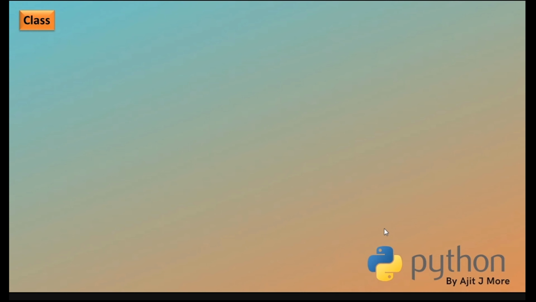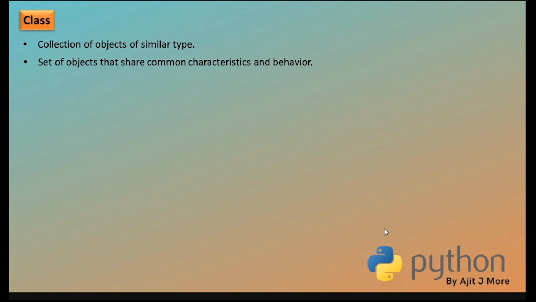Analogy if you do, so class is a data type, and variables of that data type are objects. Okay. So quickly we'll see this. So collection of objects of similar type is class. Okay, all of you, I'm sure you are hearing it. It is quite theoretical concept, but you need to make these concepts clear to proceed with the programming part of Python. Okay, so collection of objects is called as class.